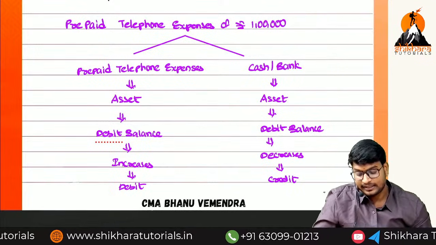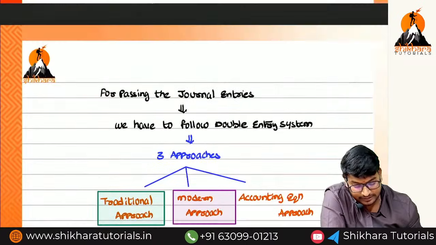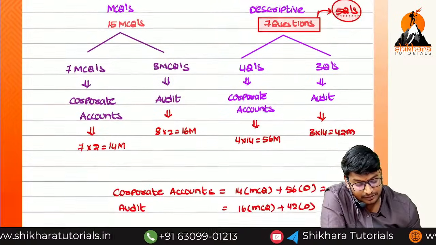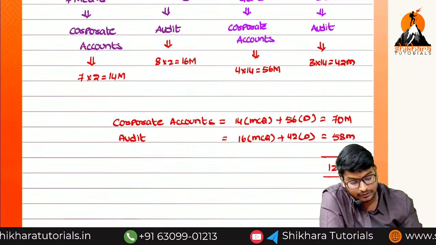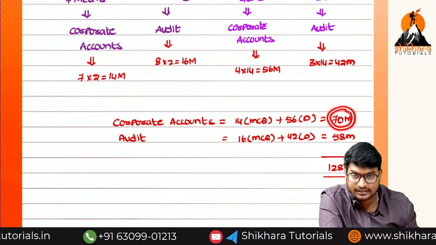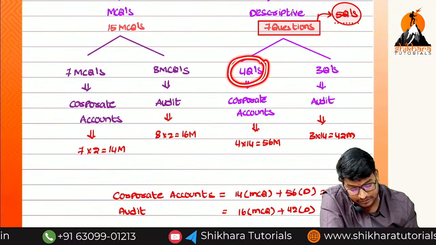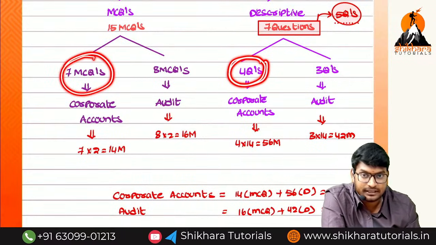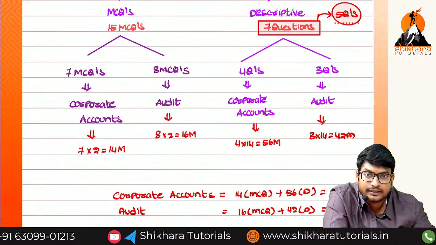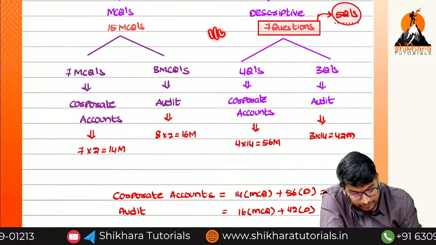So this is the overall discussion of today's class. If you see what things we have discussed, I have clearly explained how many marks we are going to get from the corporate accounts point of view. In corporate accounts, we are going to get only 70 marks at the maximum. Now how many descriptive questions? 4 descriptive questions. And how many MCQs? 7 MCQs. When compared to financial accounting, it is half of the syllabus, nothing but 1/4 we can call it.